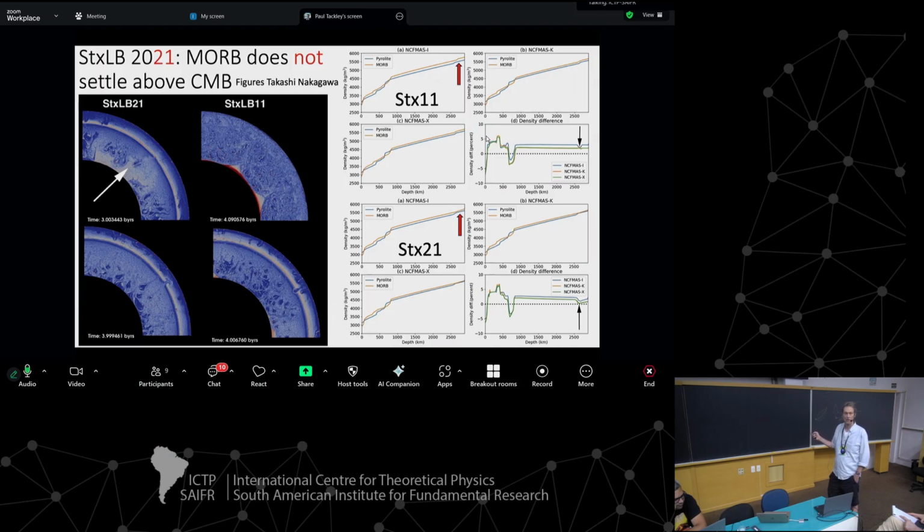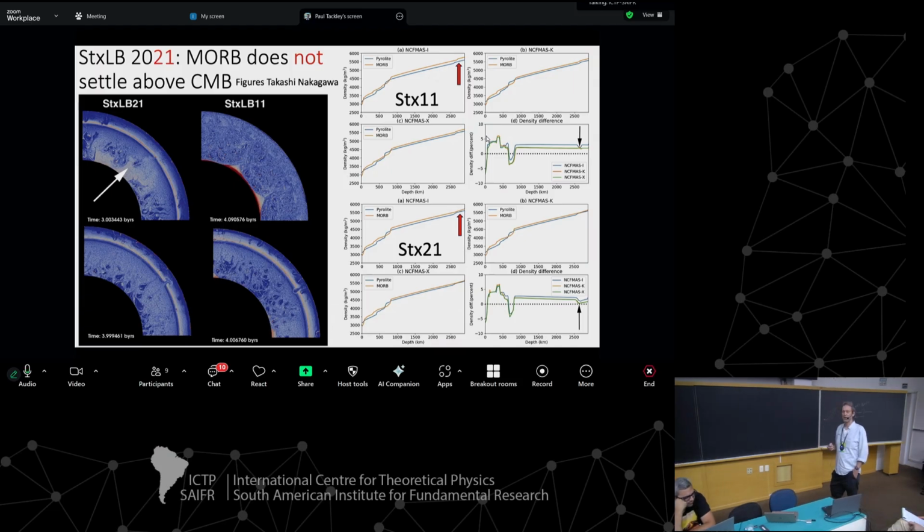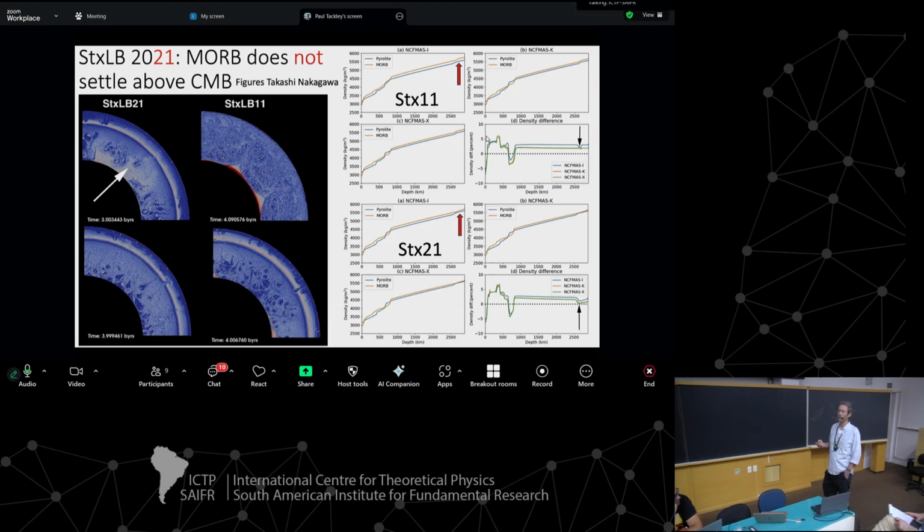So for some reason, the post-perovskite transition is suppressed in the MORB assemblage in the 2021 database. That doesn't seem to match some papers that have been published, and no doubt Renato would have something to say about that as well. But anyway, it's something you have to